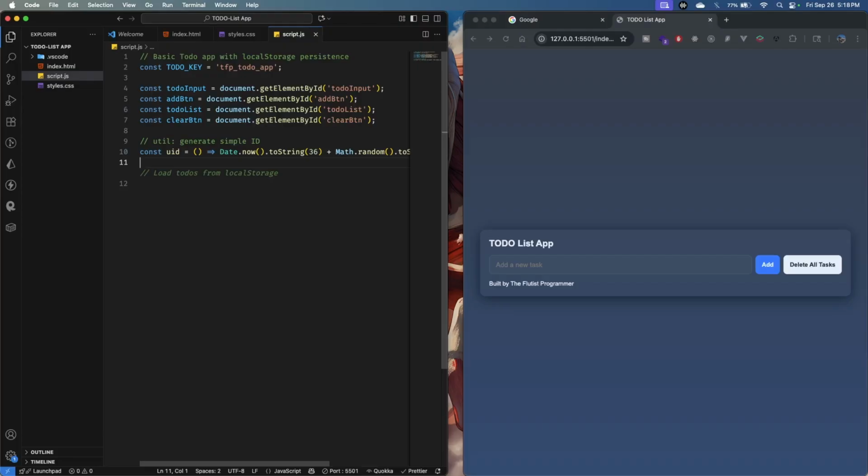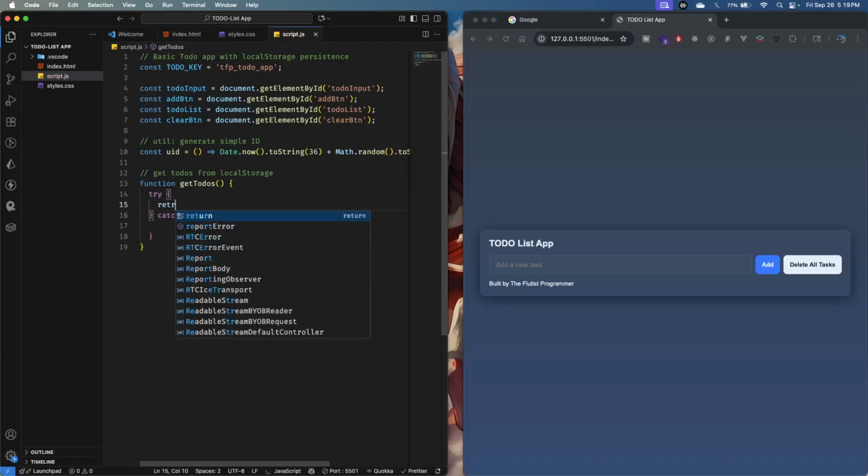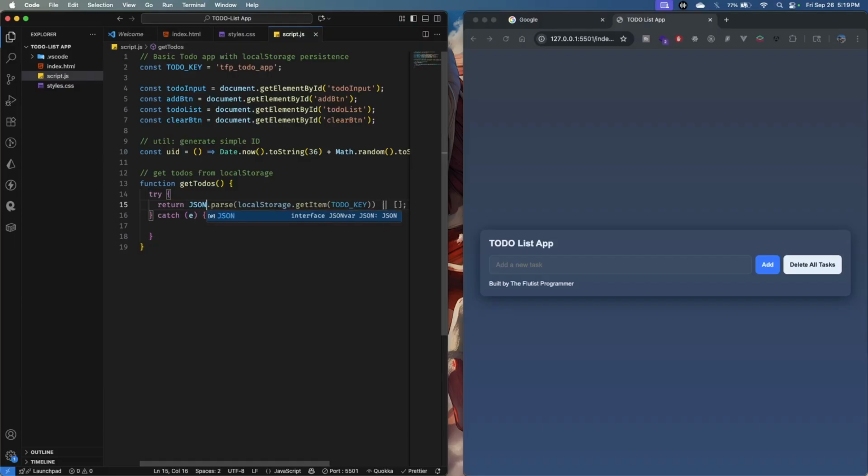So we get that, and now we are going to declare another function, in this case getTodos from localStorage, which is the API from the browser. So let's create a function here, function getTodos, let's put brackets here, and we are going to use try and catch here, return JSON.parse,